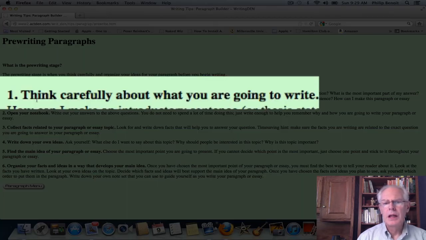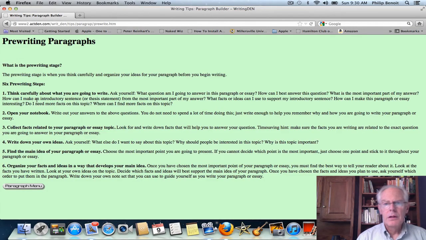So in step 1, you think carefully about what you're going to write. Okay, why am I doing this? What's the reader going to get out of this? Why is it important? And so forth. And you ask yourself these questions as you consider your writing project from a larger perspective than diving right in and starting your paragraph. So think about those questions that you're